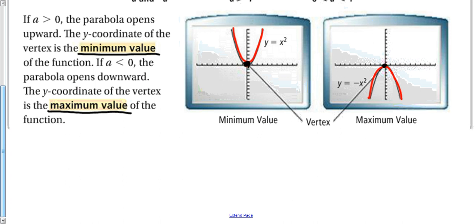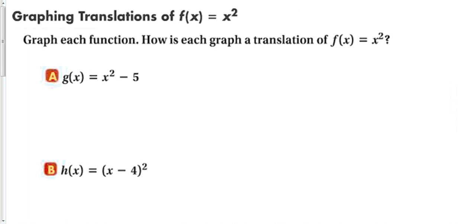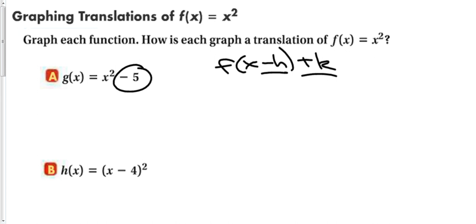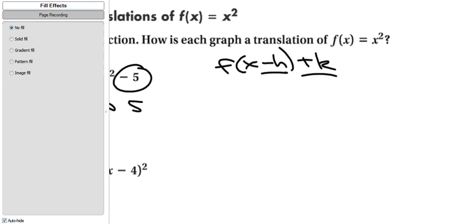Okay. So let's talk about a translation. Okay. So how is each graph a translation of f of x is equal to x squared? Okay. So we should remember back from translations that h moves the function left and right, and that k moves the function up and down. Okay? So in this case, a minus 5 is going to move the function down 5. Okay? And I'm not going to graph at the moment. All I want to talk about is